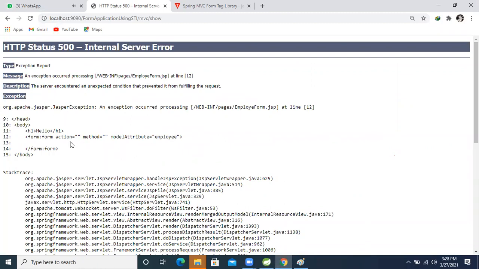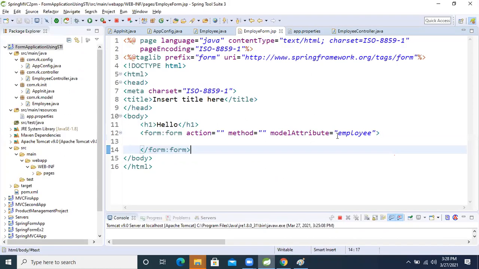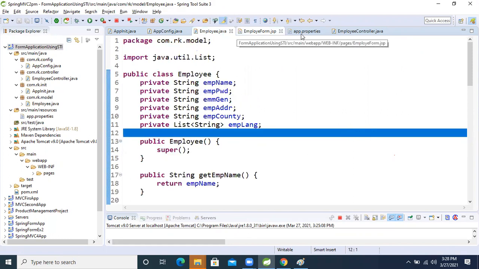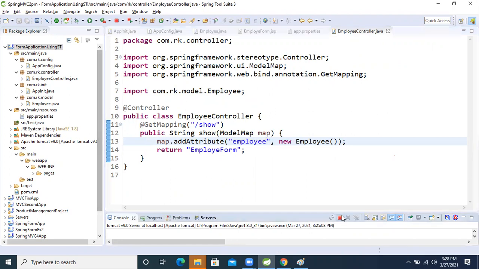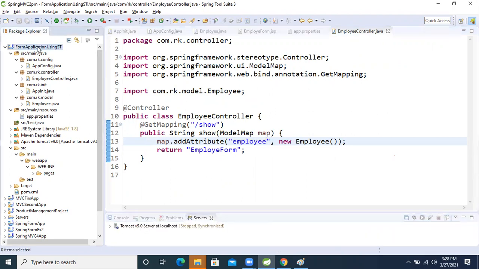Oh, still. One minute, I will run the application one more time. Yeah, I'm stopping the application now, I'm running this one.